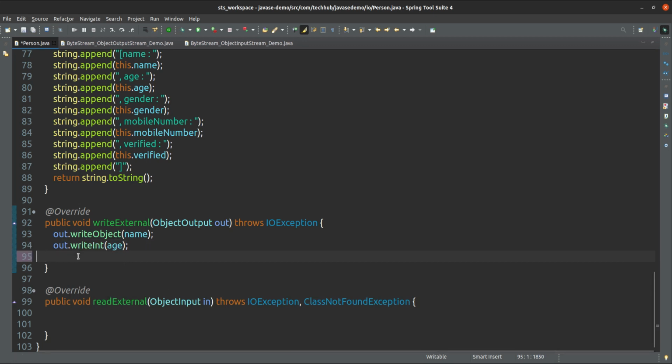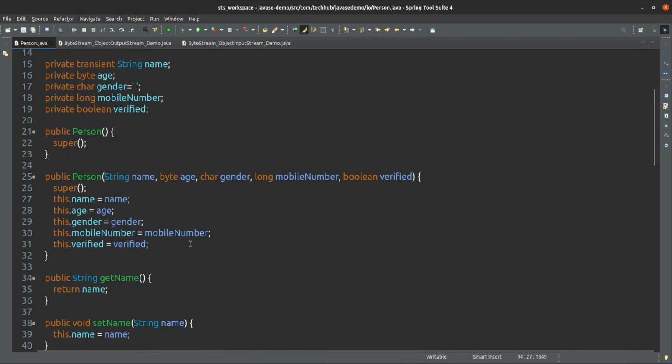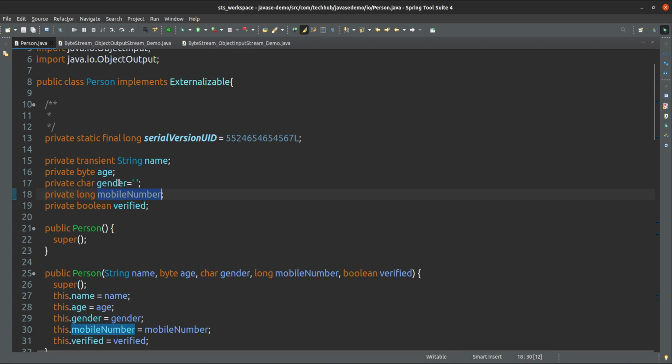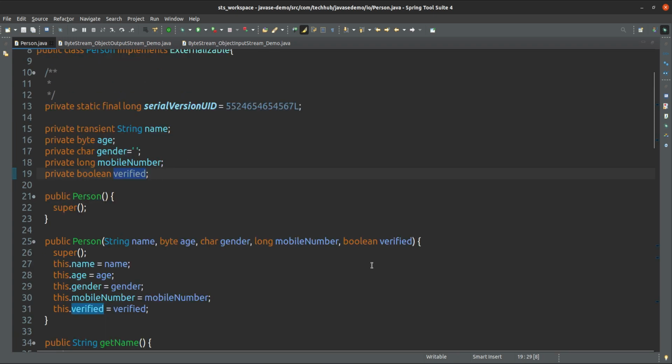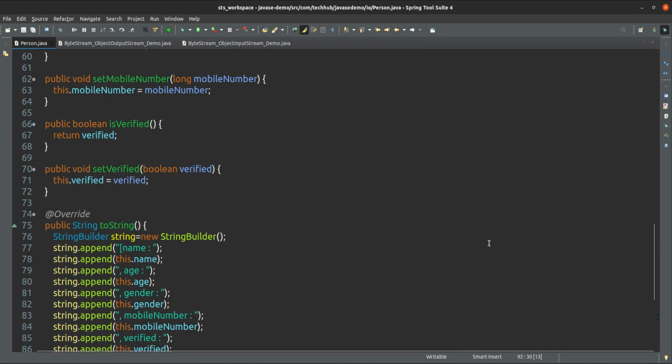Write int, write object, and name. I don't want to serialize isVerified, gender, or name. I want to serialize these two fields only. The remaining I don't want to serialize, even if it's not transient. So how is it possible? Using this Externalizable